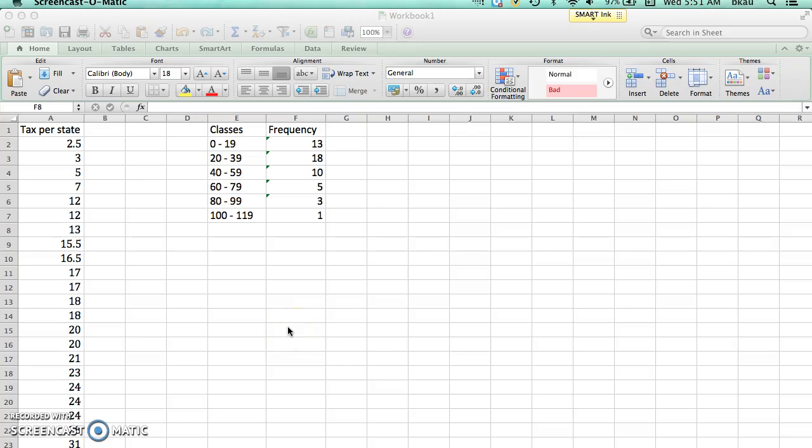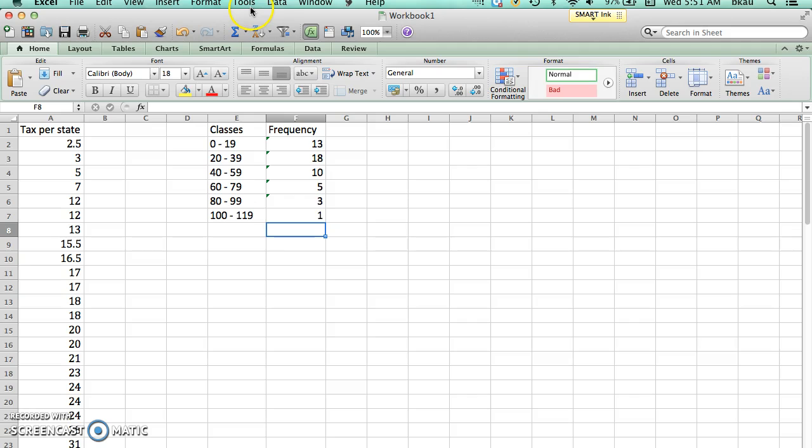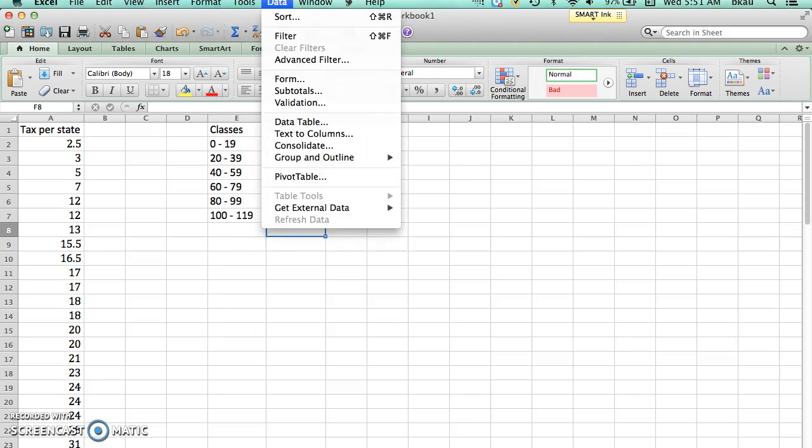Okay, this is the second video on creating a frequency distribution and a frequency graph, in this case a histogram. So we're starting with this worksheet that we had from before, and we're going to create a chart or a graph for this. So we're going to go to this section, and then we're going to go to